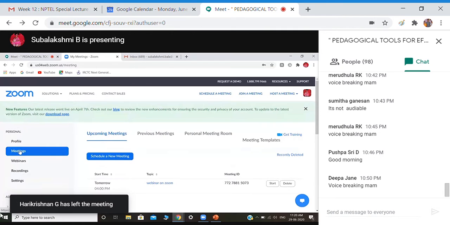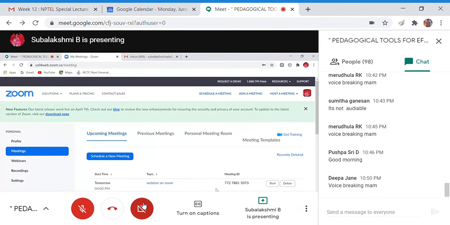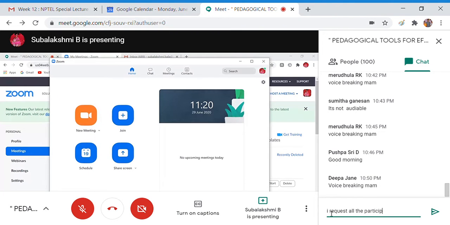Now I'm going to show you how to start a meeting. For that, I'm going to the meetings page. Here is a meeting which we have scheduled. Before that, I'm going to show you how the Zoom app looks, because this content I'm delivering on the web page of my Zoom account. For Zoom meetings to be conducted, you need to download the Zoom app.